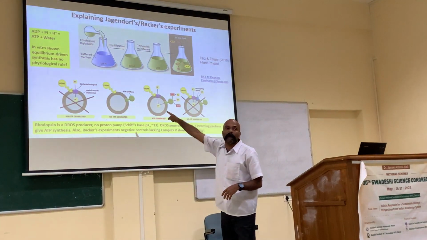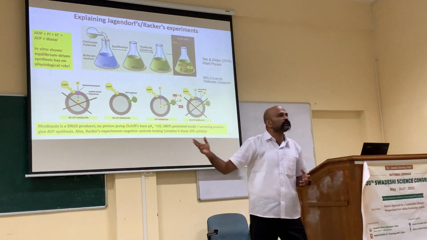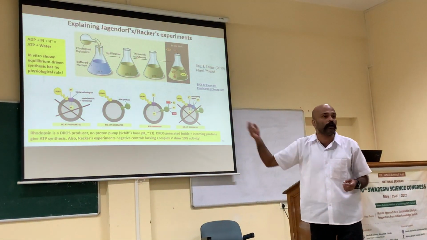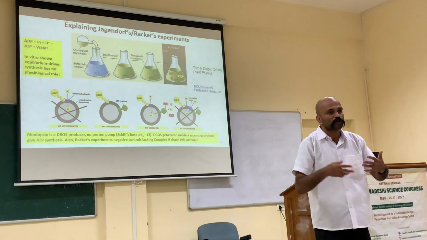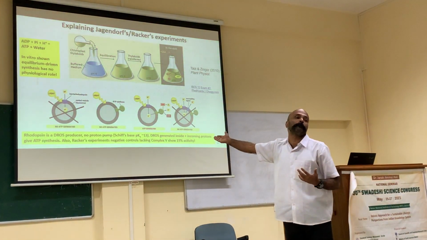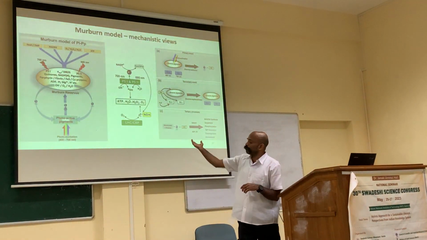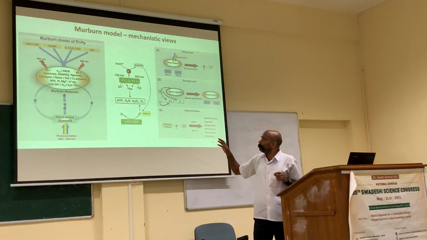This is the Racker's experiment. Rhodopsin was taken as a proton pump. Rhodopsin is actually carotenoid. It produces ROS. So it is a misinterpretation again. So this is the different views of my own theory. Basically,